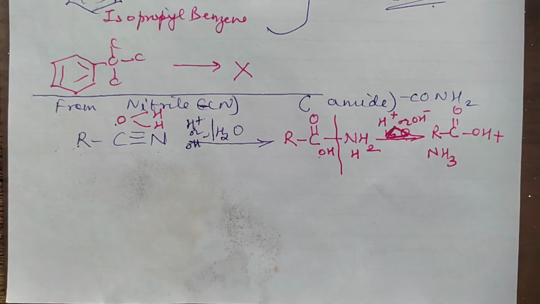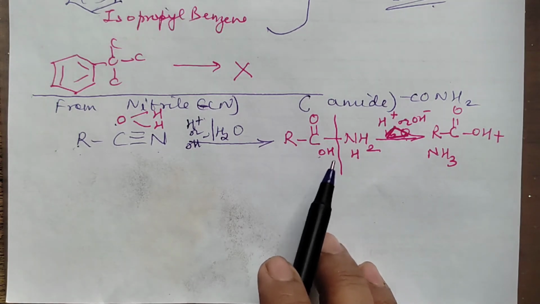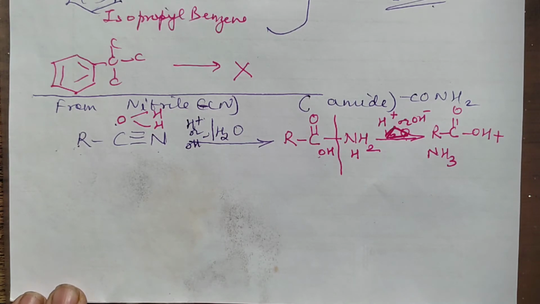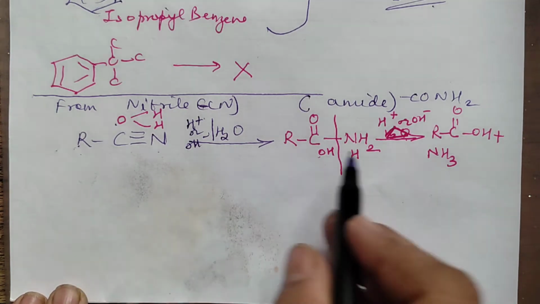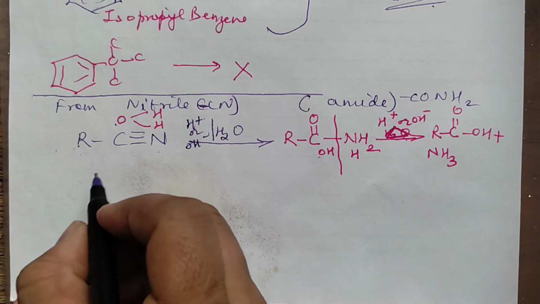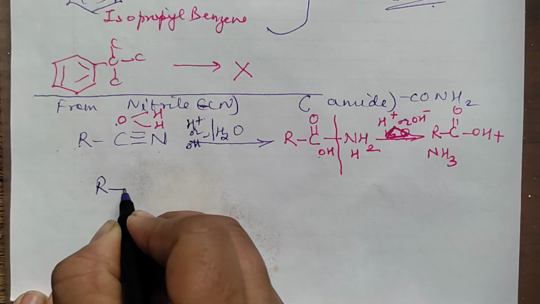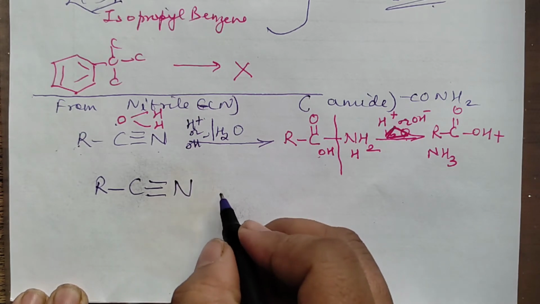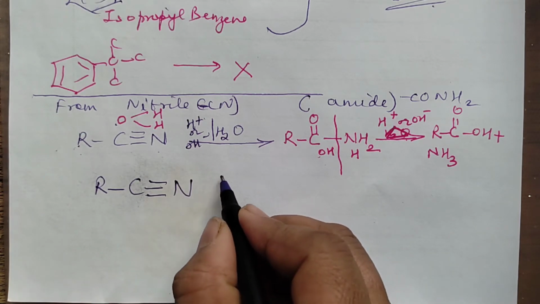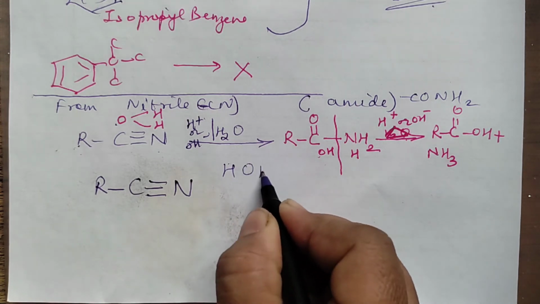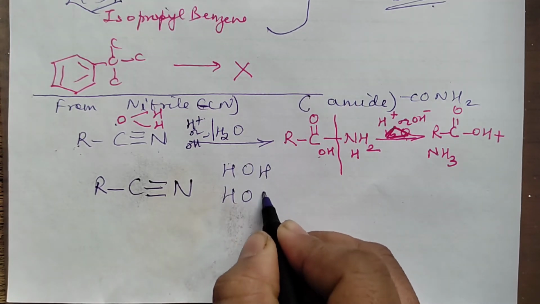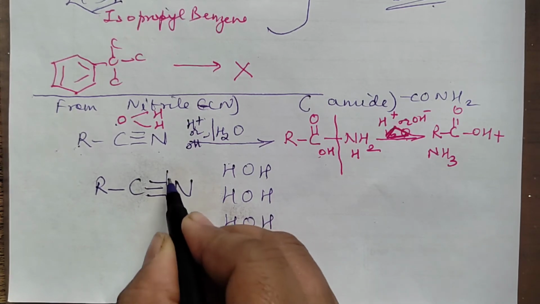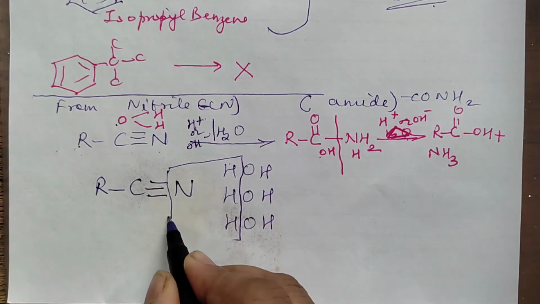You are getting here R, C, O, OH, that is acid, plus you are getting here NH3. Fine. Now, this is actually the intermediate thing from amide. If I begin with amide, I will directly write down this product. If I am starting with cyanide, CN, I'll be writing first amide and then this. Or in other words, you can remember like this also. Whenever CN is undergoing complete hydrolysis, then 3 water molecules will add on this cyanide, that is nitrile. So this part will come out as ammonia.